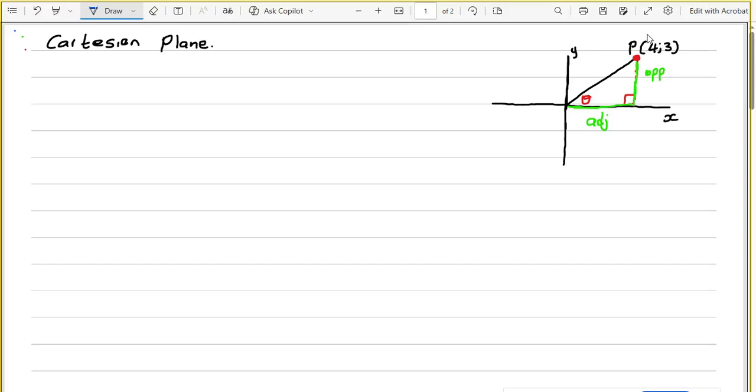Exactly, because the point P is in the form X and Y. So the Y coordinate there is for this side, is the distance, which is the opposite. So the opposite is just 3 and the adjacent is just 4. It's very important that you understand that part, okay? Okay, so on that Cartesian plane, they'll ask you some of the questions, and then now let's